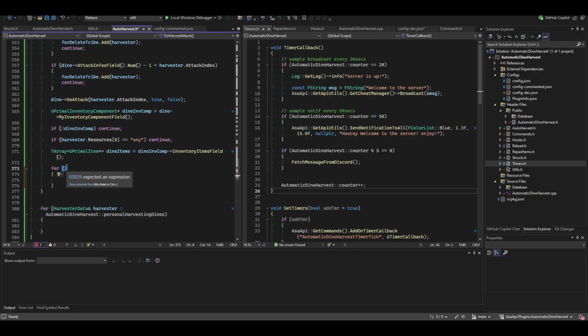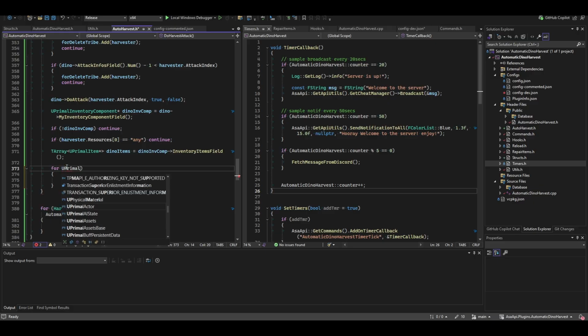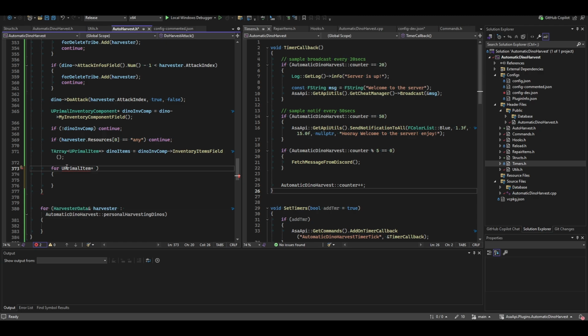Remember? So you prime item, the item, join items. Okay, and then everything, right? If not equal to, I think we need to find, we need to